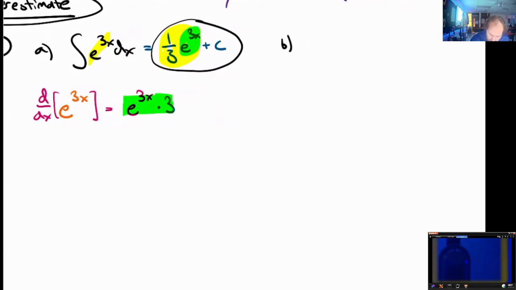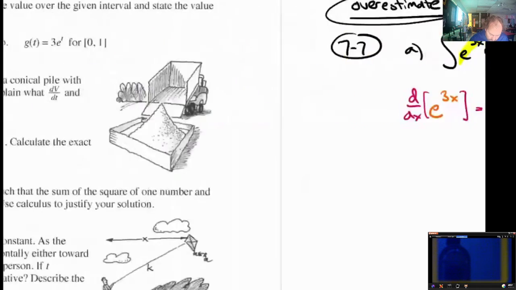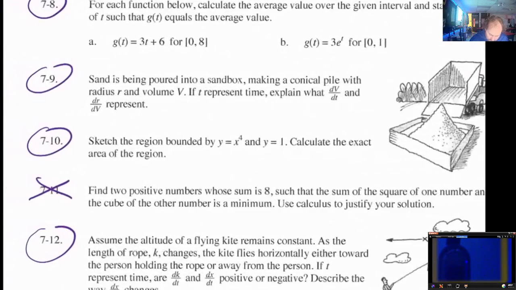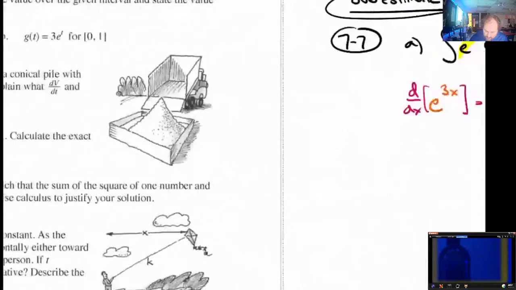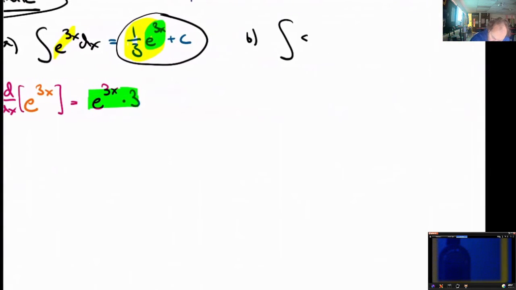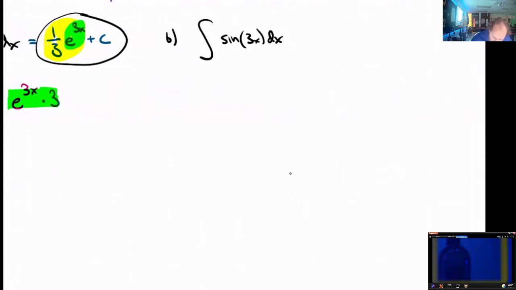Question B is going to be the integral of sine of 3x. It's going to be a very, very similar answer too. Integral of the sine of 3x dx. Very similar solution here. If you think about the derivative of the sine of 3x, well, actually in this case